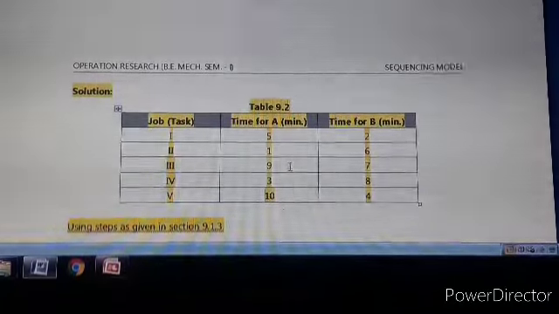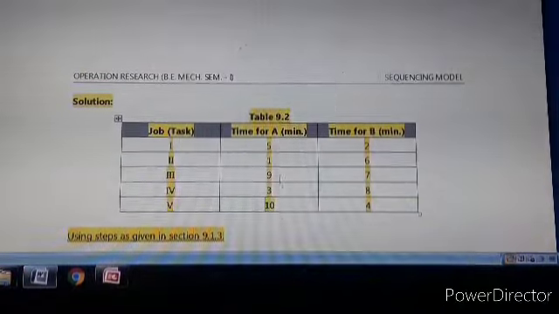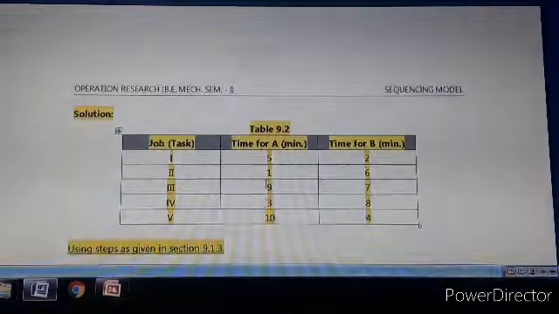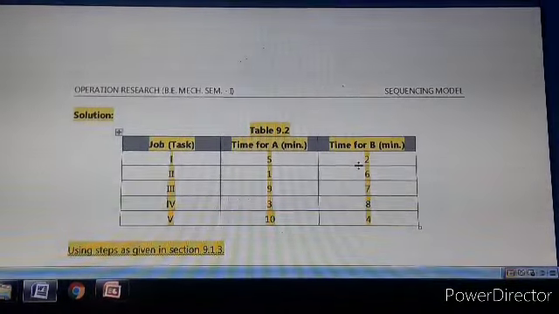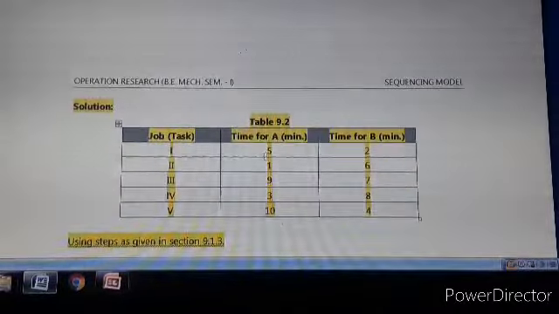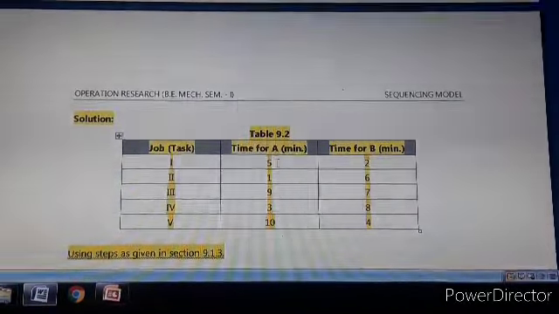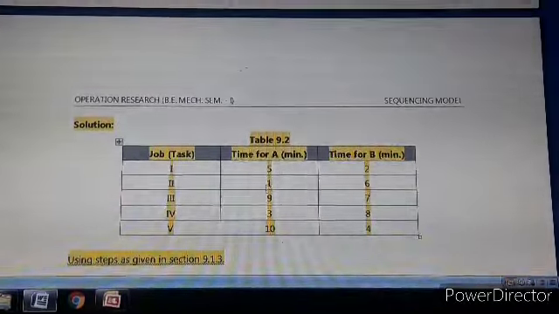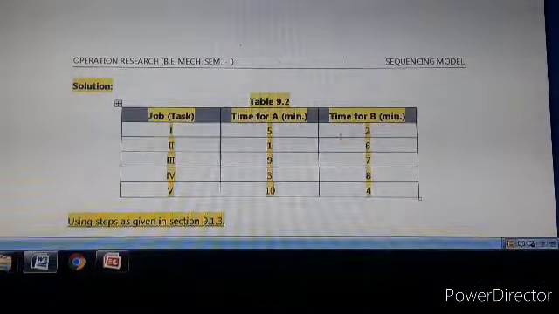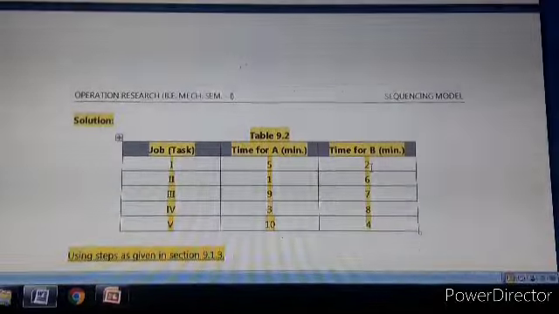So let us observe the first column. In the first column processing times are 5, 1, 9, 3, 10. In the second column, processing times are 2, 6, 7, 8, 4. So which is minimum in these two columns? In the first column 1 is minimum. In the second column, 2 is minimum.